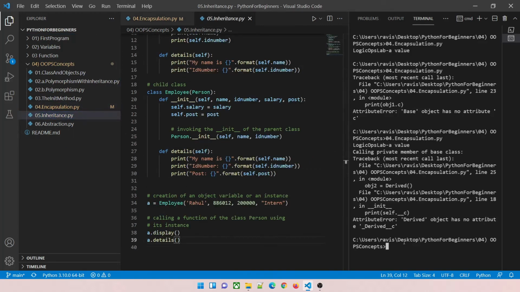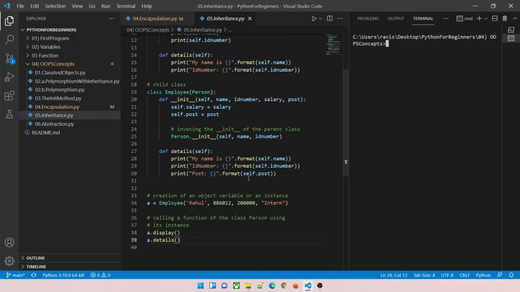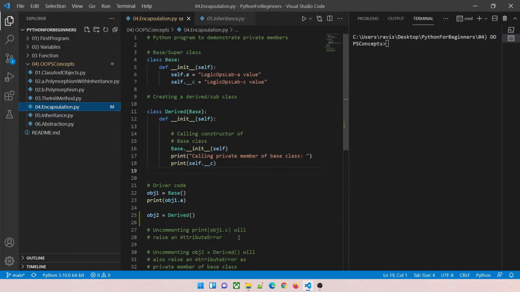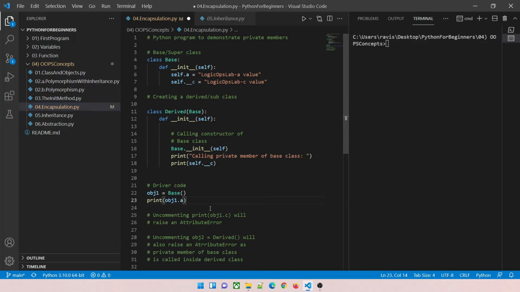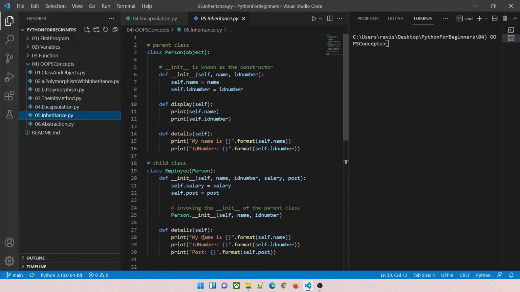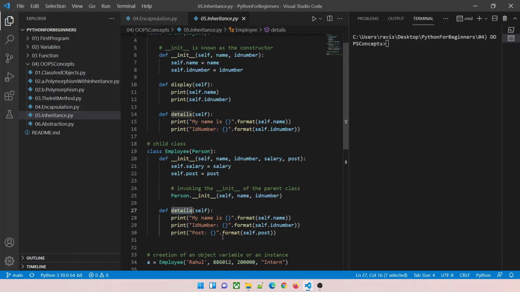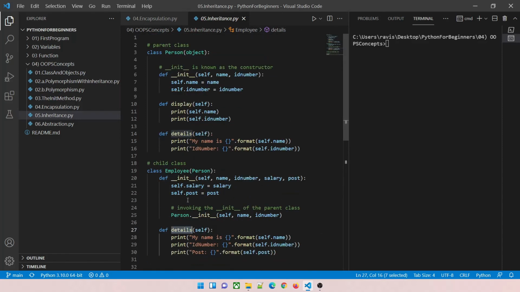So in the inheritance, let me just clear this. Okay, before moving over there, let me just go back to my original form. Just save that. I hope this is the perfect thing. Perfect. Now let's go to the inheritance which we were talking about. In the inheritance there is a person class and there is a subclass which is an employee class. Now what we are doing is creating two methods over here, display and details, and there is no display method over here, only the details. But we are doing an inheritance over here.